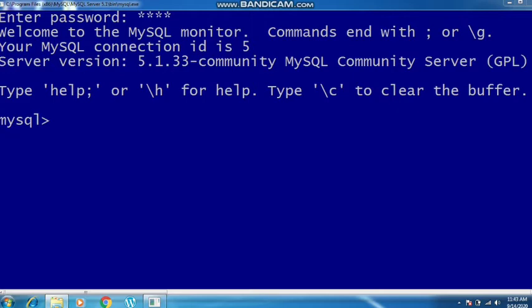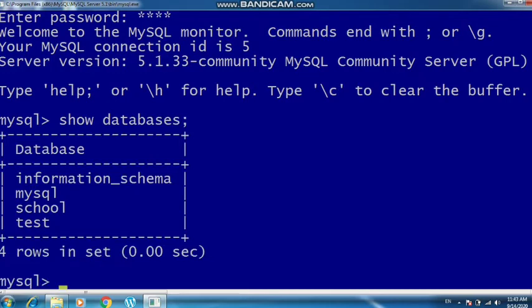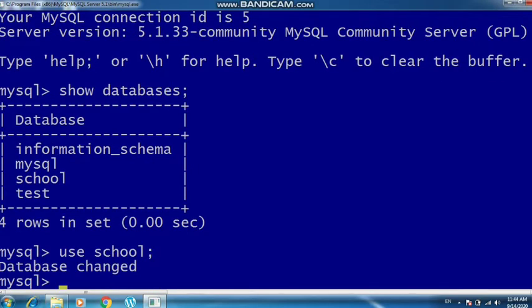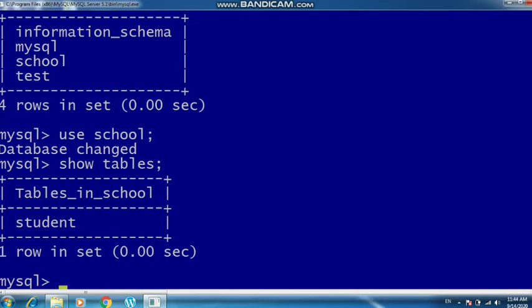First of all, I am going to use the show command, show databases. You can see that my database name is school. You will not be able to see the table name here, because the database name is important. Once you enter into it, you will be able to see the tables created inside that database. So I am using use school, which means school is open now. Now if you want to see the tables inside school, you can use the same show command, show tables. You can see one student table inside the school database.